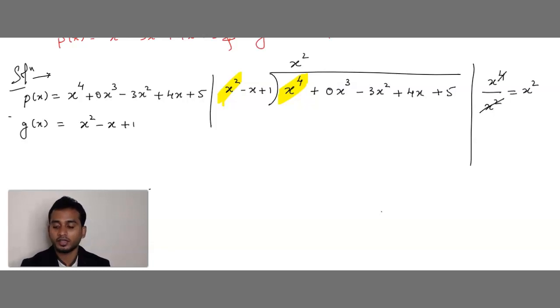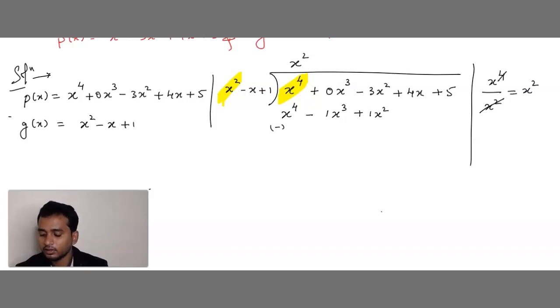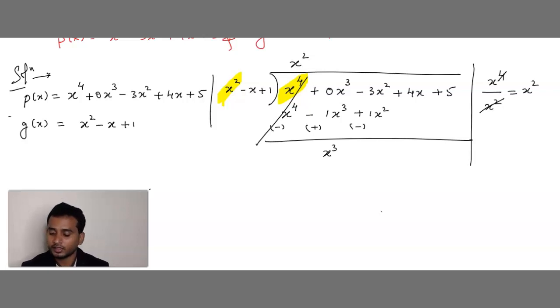Right, x square. Plus into plus plus, x square into x square, x to the power 4. Minus into plus, minus. X into x square, that is x cube. That is nothing but 1x cube. Plus into plus is plus. 1 into x square, that is 1x square. Then this is minus, this is plus, this is minus. Now plus x power 4 minus x power 4 get cancelled. 0 plus 1, 1 plus 0 is 1 only. That is 1x cube.